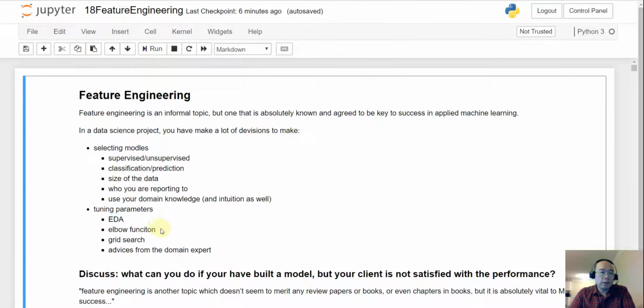And to tune the parameters, you should also use the validation function. For example, for k-nearest neighbor, we talked about the validation function, and we have to try different k values. And when you have a machine learning model, you need to tune several hyperparameters together, and then you usually want to use grid search to find a good combination. And the last thing, remember, you can ask the domain person,